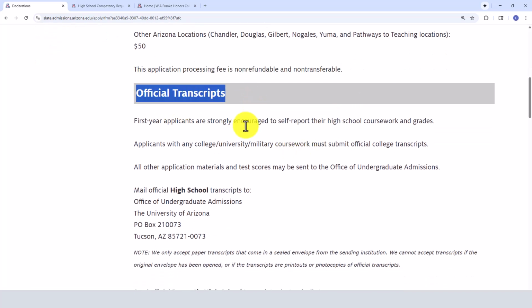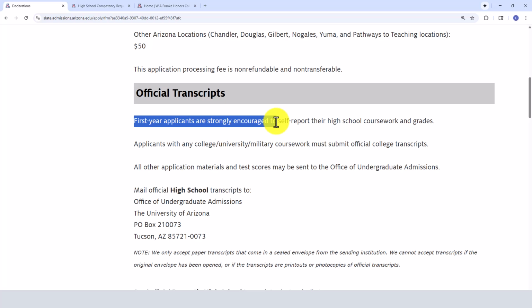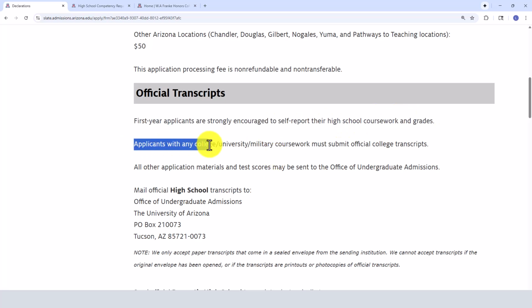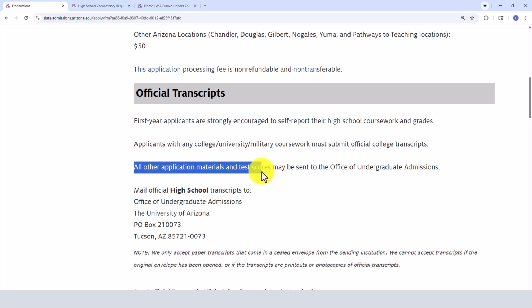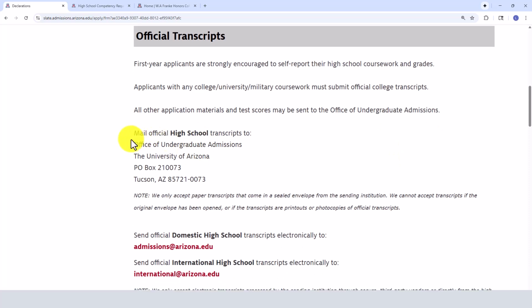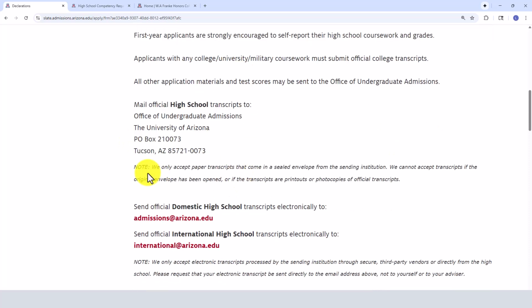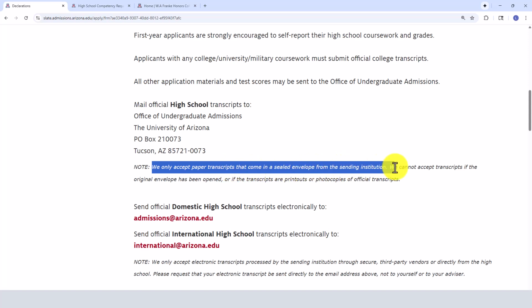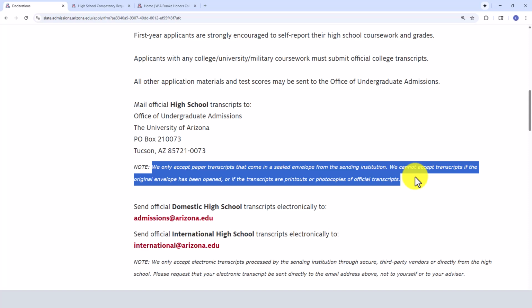And then official transcripts information. First-year applicants are strongly encouraged to self-report their high school coursework and grades. Applicants with any college, university, or military coursework must submit official college transcripts. All other application materials and test scores may be sent to the Office of Undergraduate Admissions. And then you're going to see an address right there. And then you're going to see we only accept paper transcripts that come in a sealed envelope from the sending institution. We cannot accept transcripts if the original envelope has been opened or if the transcripts are printouts or photocopies of